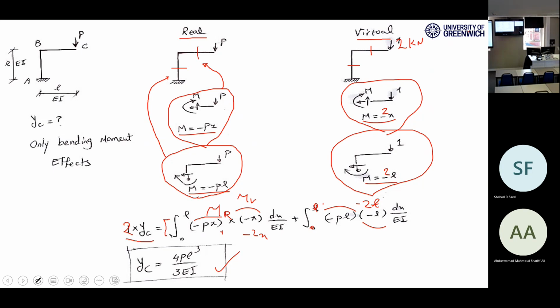This is called a linear system, because if you double the force, everything is doubled. Linear systems are like this: when you double the input, the output will be doubled. If you double the force, the internal bending moments are doubled, right?